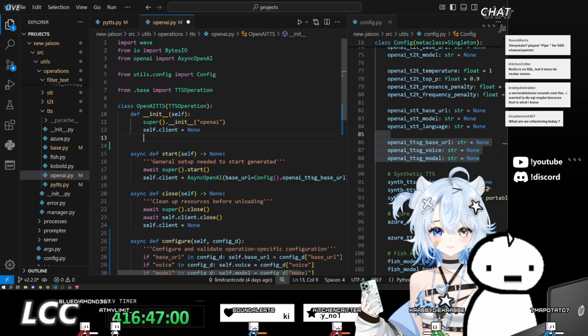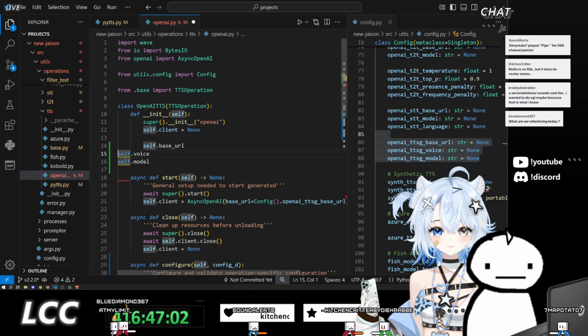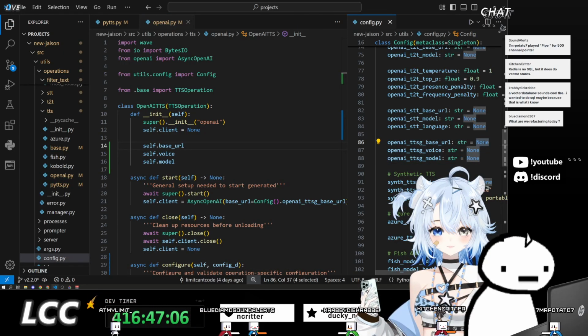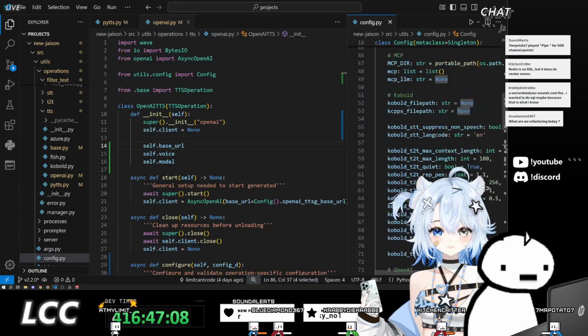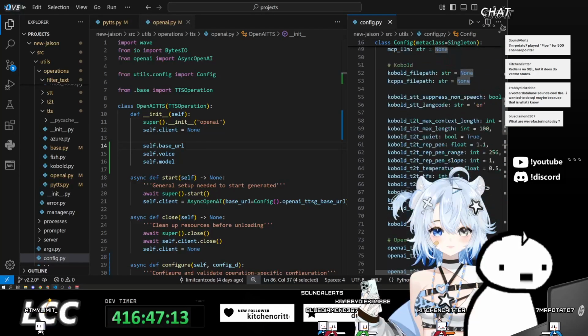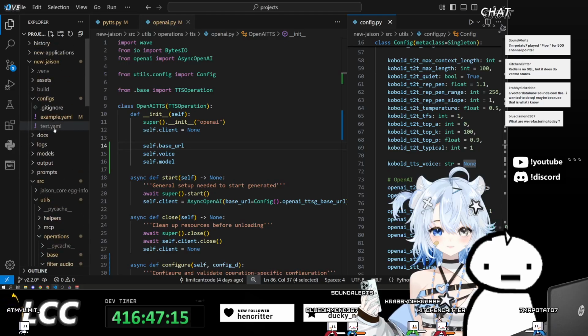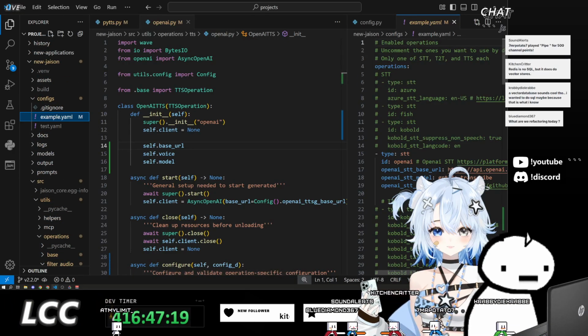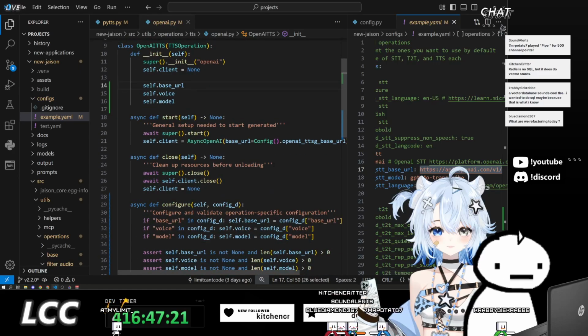Let's put it into init. So we need the base URL. The base URL, why is it none? It should be some sort of OpenAI. That is. Oh wait, no, because this is not the config file. Here we go. Base URL should be OpenAI.